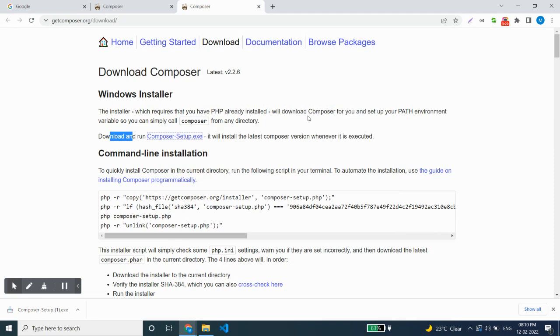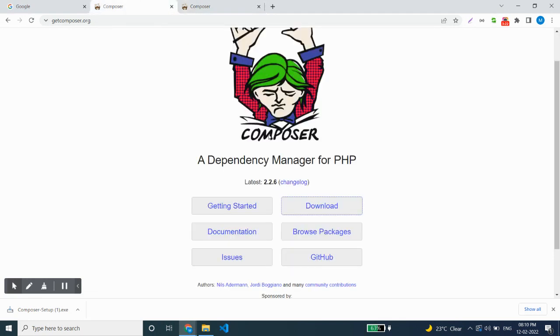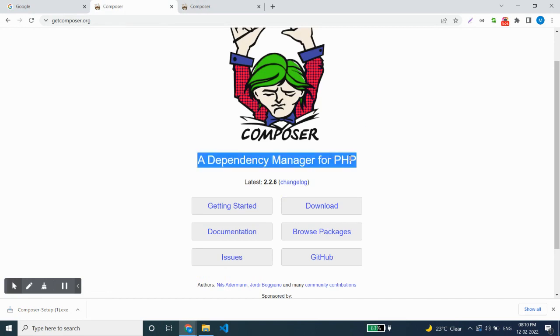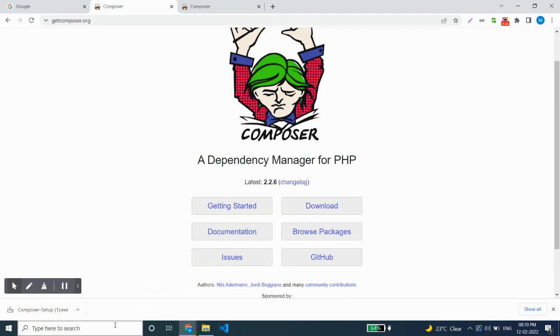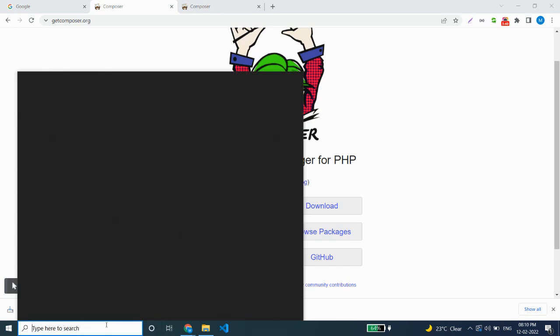Why must you have PHP? Because Composer is a dependency manager for PHP, so you must install PHP in your system. And after successfully installing Composer, you can use it via the command prompt. So type cmd in your Windows menu,